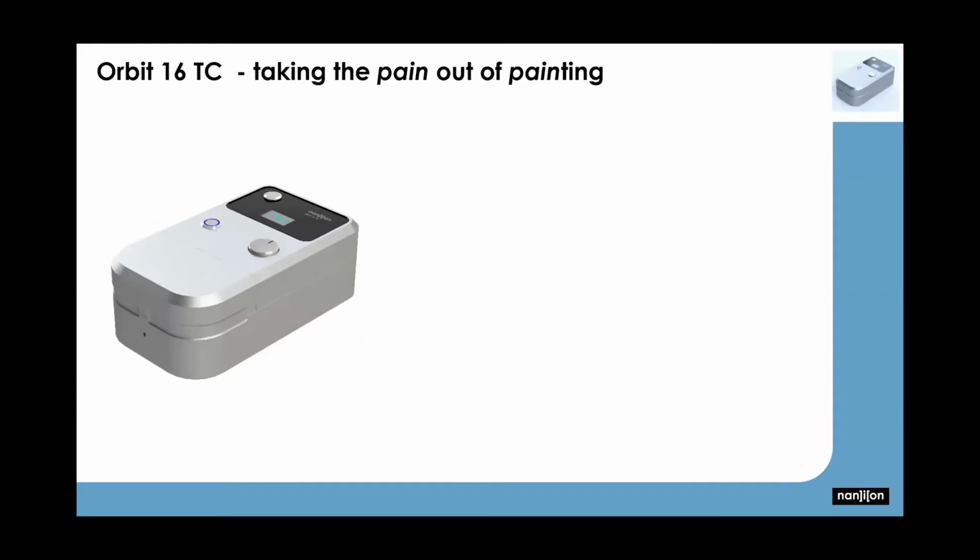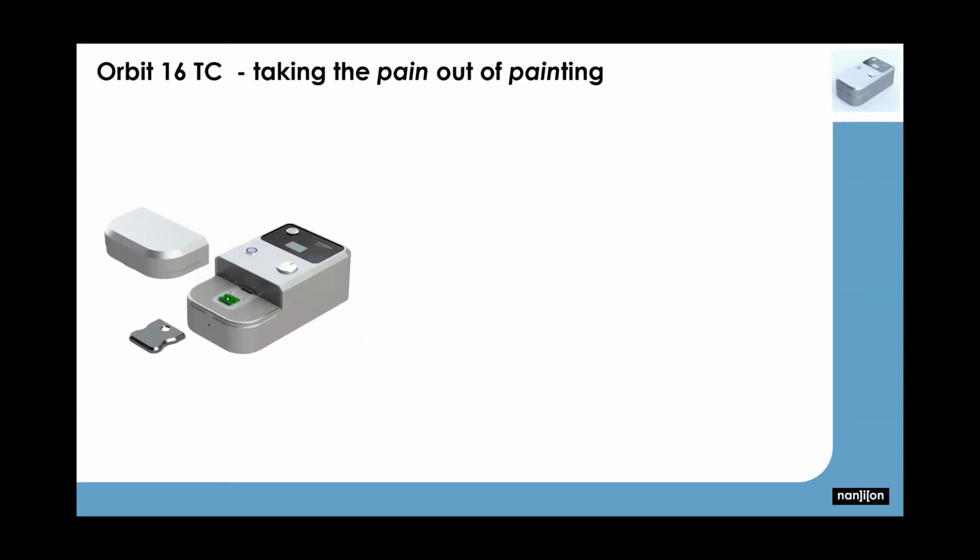And for our recently introduced Orbit 16 TC, how does that look? On the inside, it has two covers, an outer one, just shielding the whole experiment from the environment, and then you have an inner lid, a smaller black inner lid. This is the Faraday cage. So if you apply a chip and your stir bar, that will paint the membranes, and you apply the lower lid, you can still reach the chips while recording at highest precision.